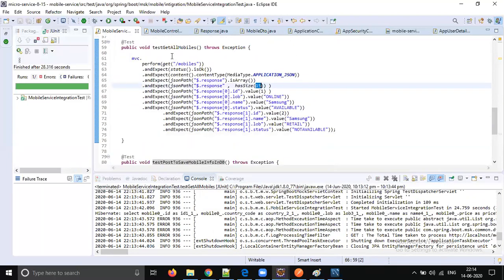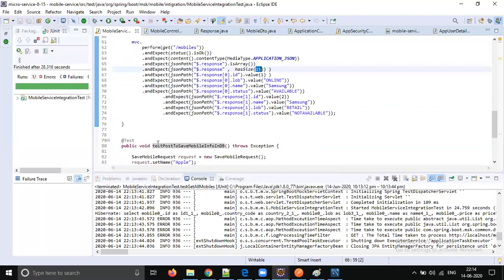So if get runs after post, this will fail, right? So it should run get followed by post. You should consider all these things and write it in a proper way. Integration testing should be done properly, which should do the health check, right? The application sanity health check, saying that all the endpoints are working as expected, and the response is coming in the expected way.